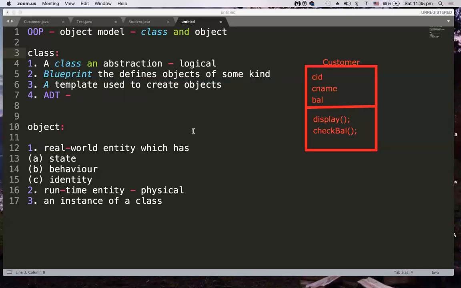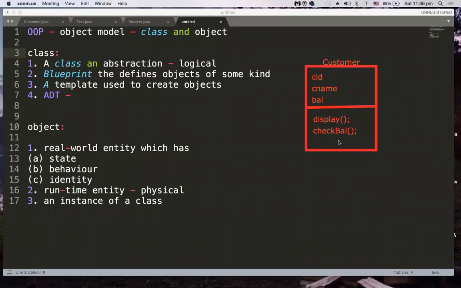In a number of ways we can understand a class. A class is an ADT, abstract data type. That means all the classes that we create will act as data types. That means you can create variables of that type. For example, if I have a class Person, then I can have the variables p1, p2, p3 up to pn, which refer to objects of the Person class. So a class contains data members, method members, and also constructors, which are special methods.